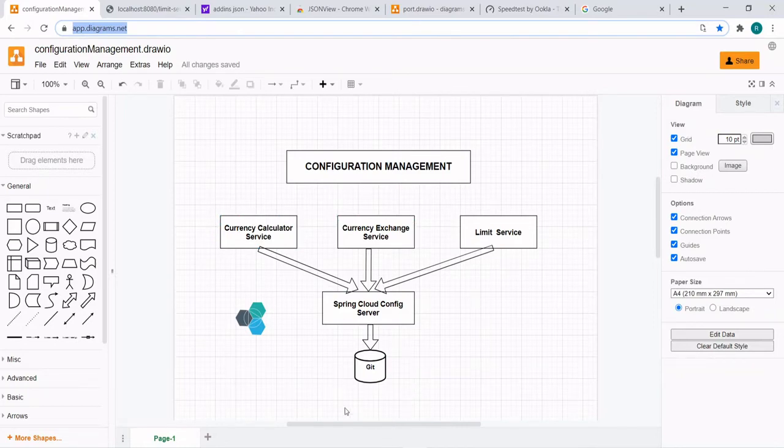All the configuration of all your applications should be in a single place, and the applications just ask, hey, Spring Cloud config server, I need only the configuration of the dev environment, and it will give you that. So in this step we will see how you can configure the profile. In the last step, it was reading the default profile. If you go to localhost 8080 limit service, it's giving you the default.